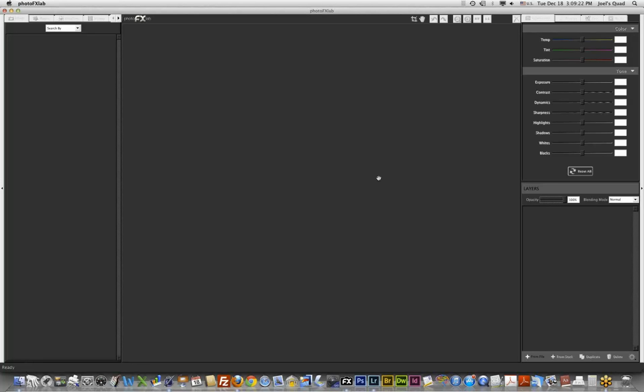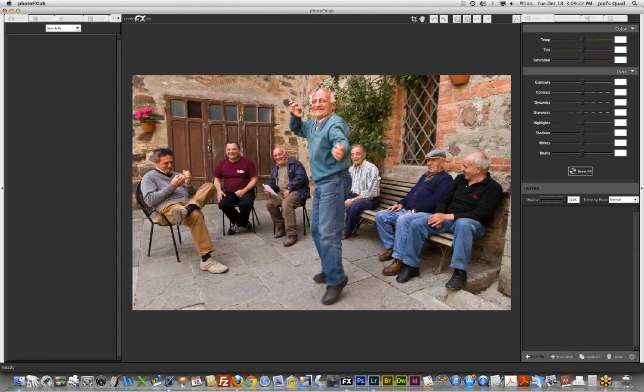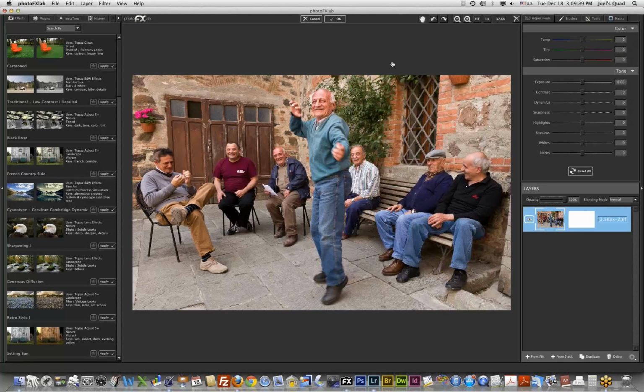And Photo Effects Lab, for those of you that haven't seen it before, it is a fairly familiar interface, very similar to most of the Topaz plugins, where we have presets over on the left, we have controls on the right, we have our image in the center, and those are all pretty much common to the Topaz plugins. This program adds a new dimension, and that is layers. So down here on the lower right where my cursor is, I've got layers, and even better, I can do